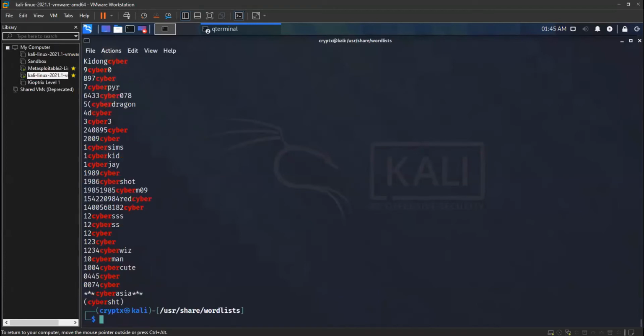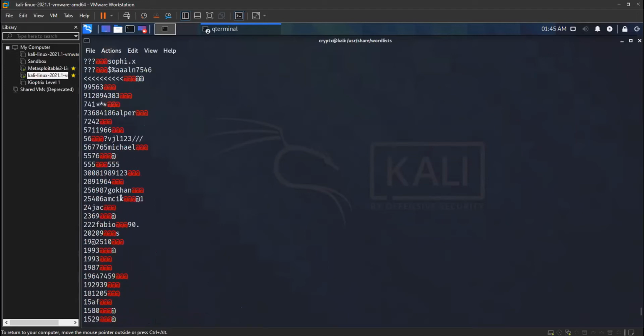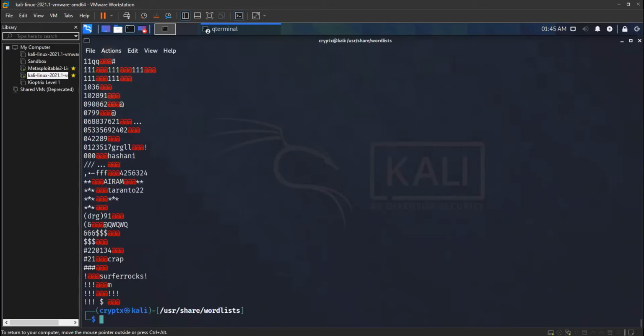Now, for example, you want to search for special characters as well. So it is grep. I hope you can see the screen. Grep, then dash F, then an apostrophe, and then for example triple at the rate. So I want to search in rockyou.txt. These are all the words containing triple at the rate. So you can even search for more precise words in this.